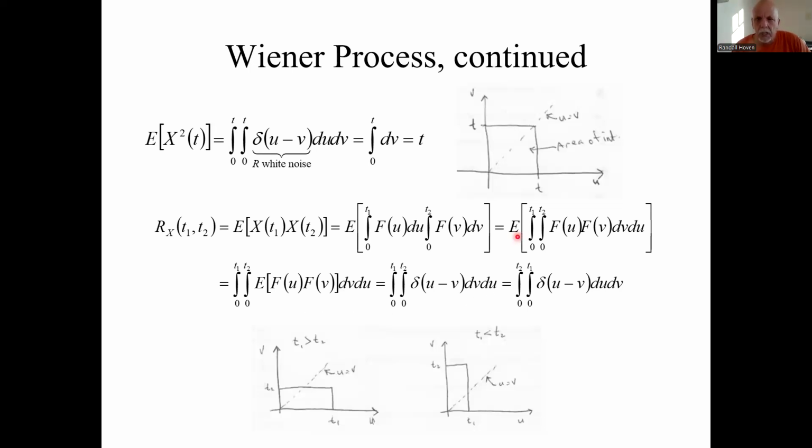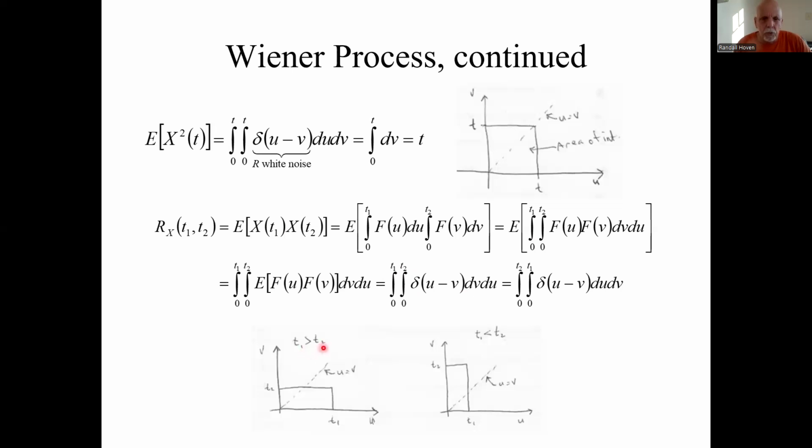So again, I could bring the expectation inside. It looks the same as before, except now, with the mean square, the upper limit was just T for both integrals. Now you've got a T1 and a T2. So the order of integration has to match these limits. And let's look at that order of integration because we're going to have two